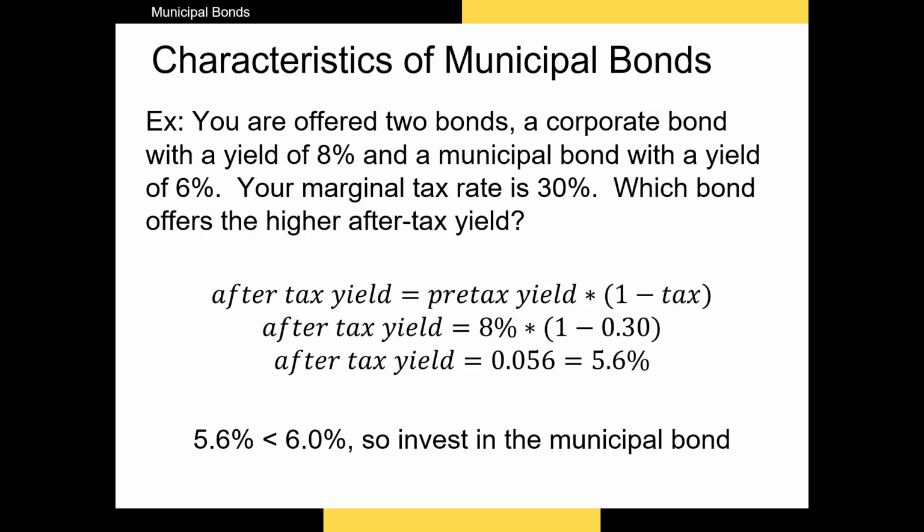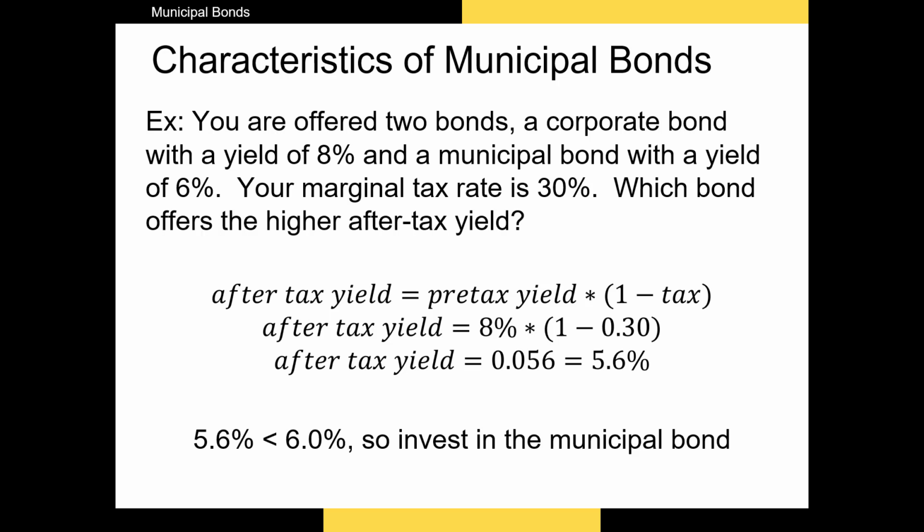Let's try another example. In this example, we have two different bonds, one corporate, one municipal. The corporate bond has an 8% pre-tax yield to maturity. To calculate the after-tax yield to maturity on this bond, we multiply the pre-tax yield by 1 minus the marginal tax rate. Once we've done this, what we can see is that the after-tax yield on the corporate bond is